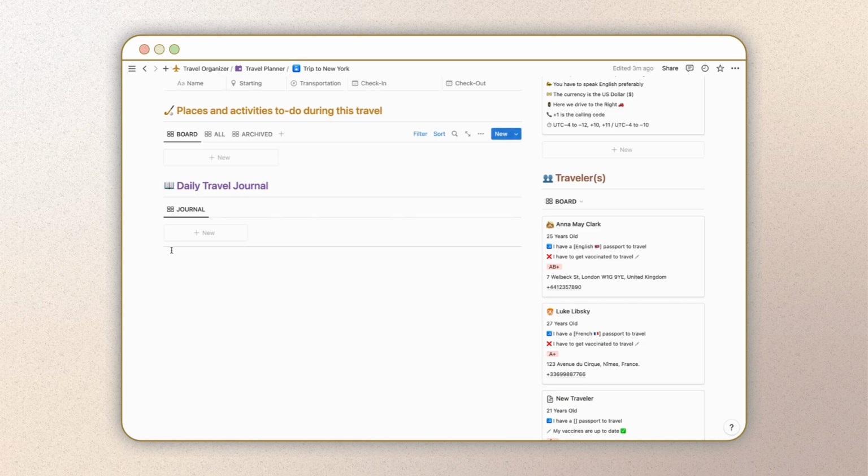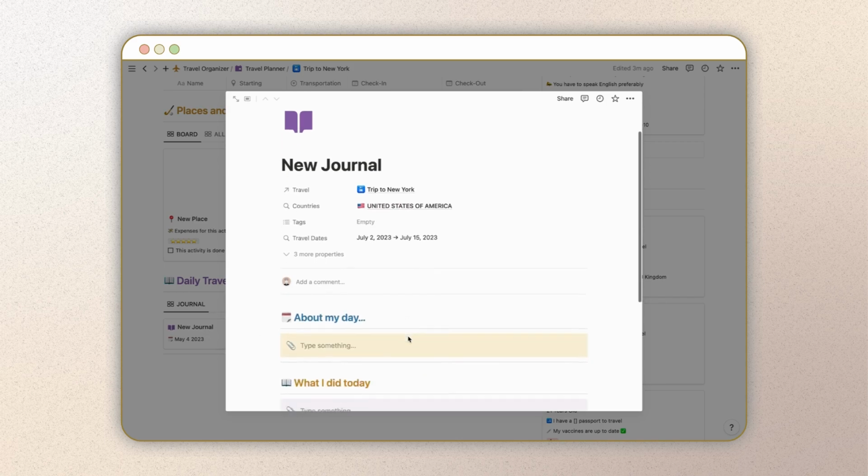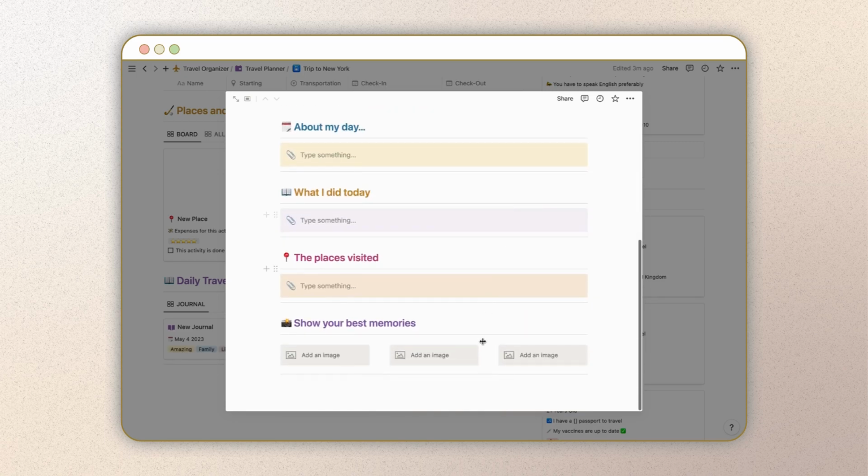Finally, capture your memories in a travel journal. Click New to create an entry, add a title and tags, and write about your day. Upload pictures by clicking the Embed block to access your personal files. Enjoy your unforgettable journey,